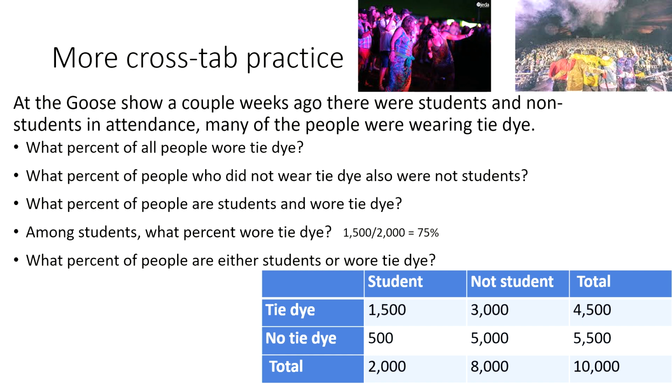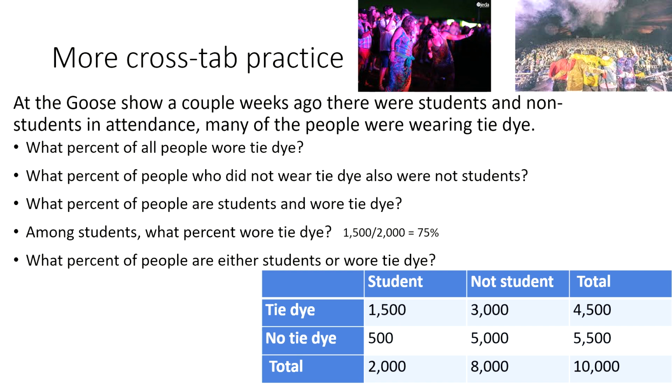And finally, this was a really tricky question. Even the TAs discussed how we remember how these and/or operators work within a question like this. I think it's confusing because in English, we can use the word or to mean either/or. You might see it written and/or if you want to be inclusive of both groups. And so I will just tell you now, in this kind of context, when we're talking about logical operators and statistics, you can think of it as being